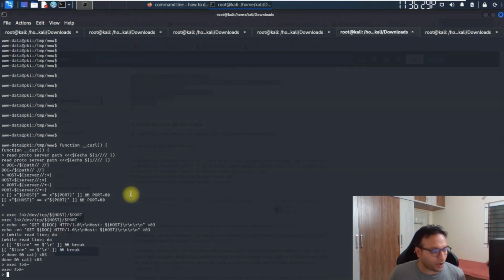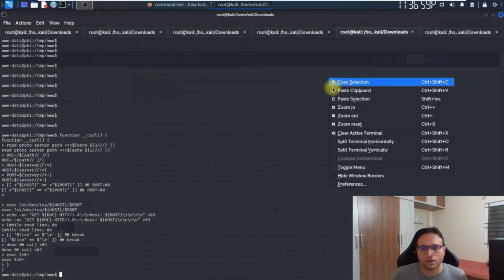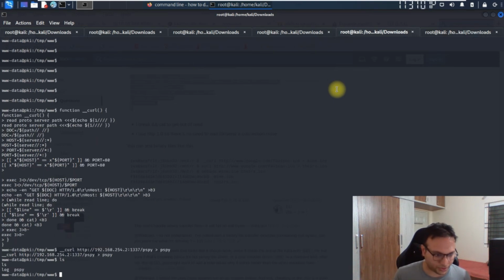So by this way, using curl, I can copy that pspy file from my machine 1 to machine 2. Normally curl is not available over there itself and there is no possibility to get it installed also. To make that work over here, I'll just fire all these commands so that curl will work for me. And now I'll fire this command straightforward and let's see whether we can get the output or not. I hope it will work for me. Yeah, it's working. We'll check, and yeah, it's present.